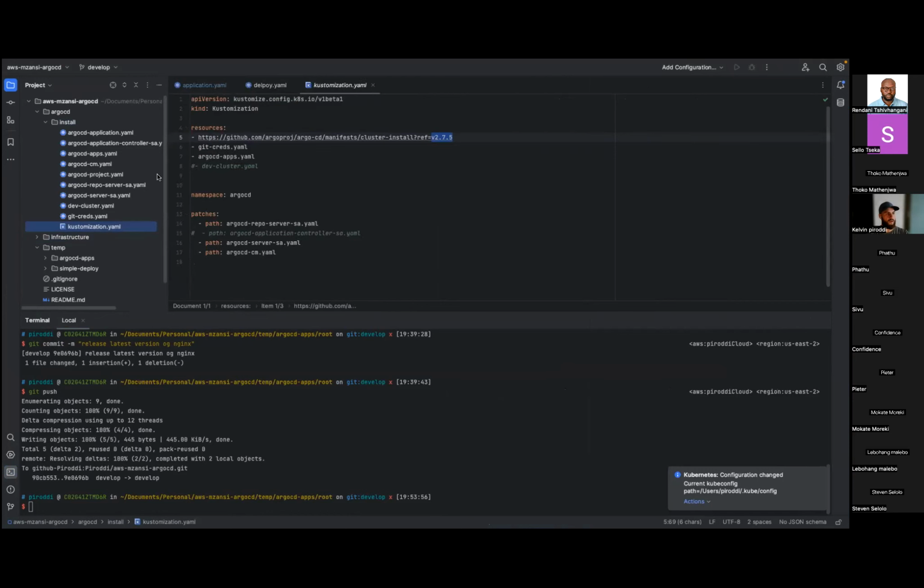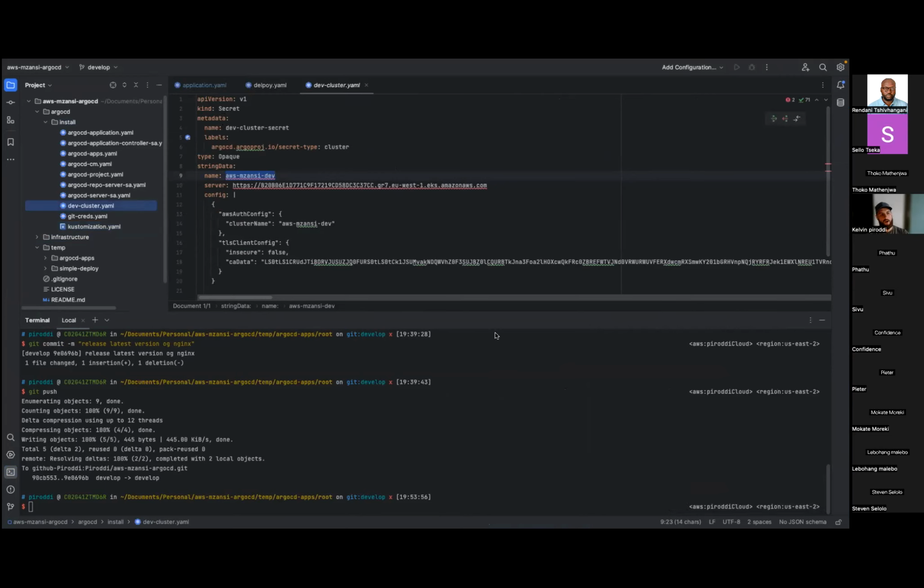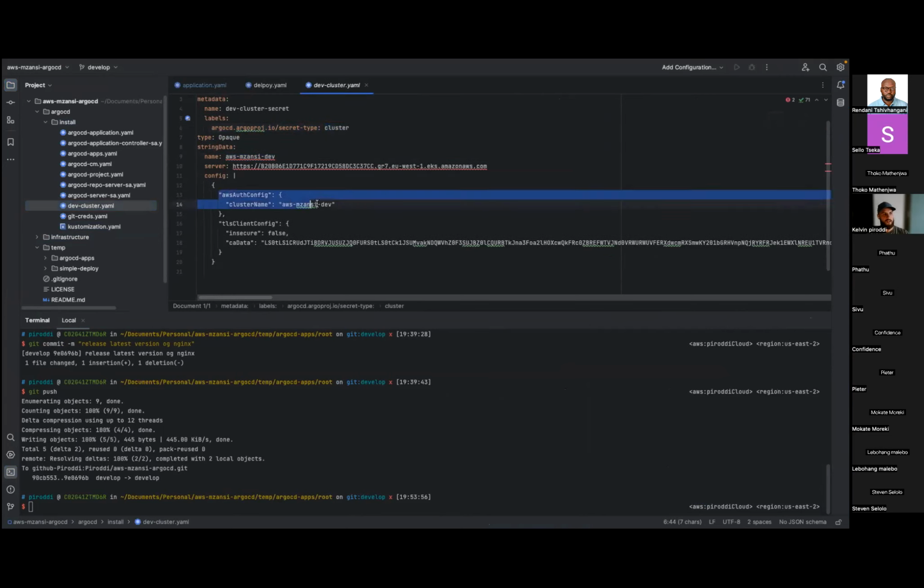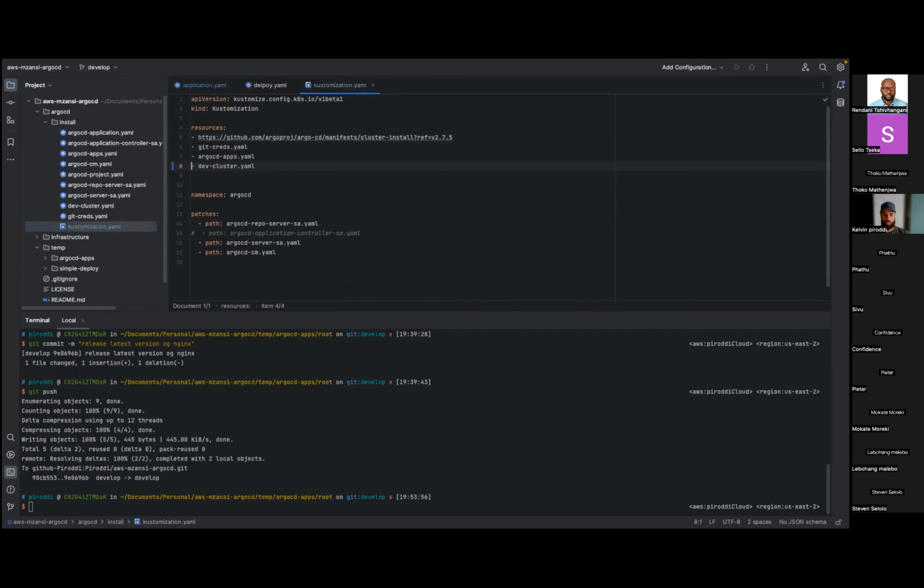Cool. So now on ArgoCD, let's add this. In ArgoCD, as I say, everything is declarative. You just create a secret. You add a label saying, hey, the secret is an ArgoCD cluster. And then you tell it, hey, it's an AWS auth config. This tells ArgoCD to use the AWS SDK to connect to this cluster. You give it the URL where the cluster is, the name of the cluster, and the CA certificate. I'm just going to remove that.